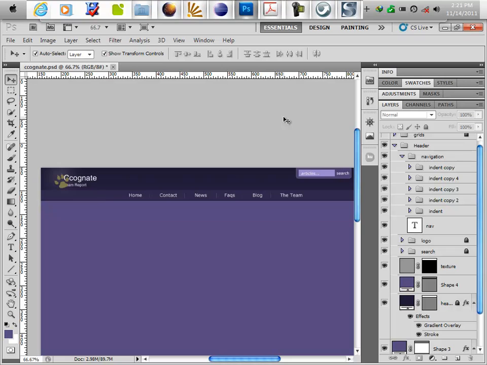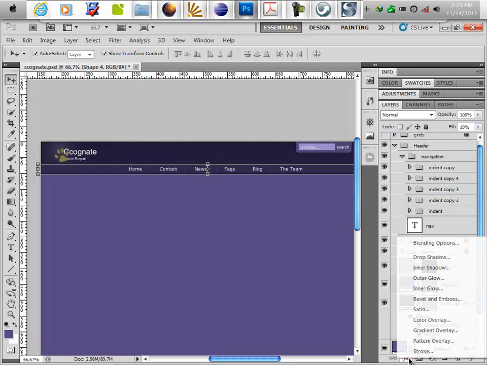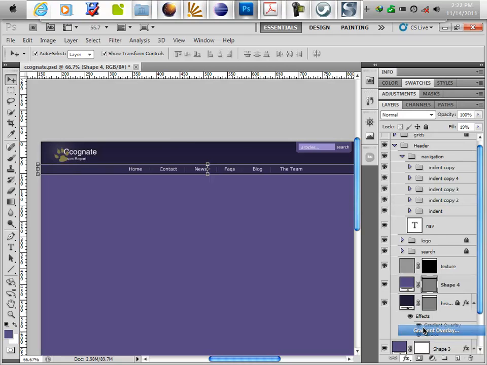And now we have a good looking navigation, and we could also make this more interesting if we like to. Since this is an open design class, there's no strictness in design, I may decide to make it more interesting. I'll select this layer here, creating this margin. I'll decide to give it a little bit of gradient to make it pop out a little bit more, like a 3D look. So I'll say gradient overlay,